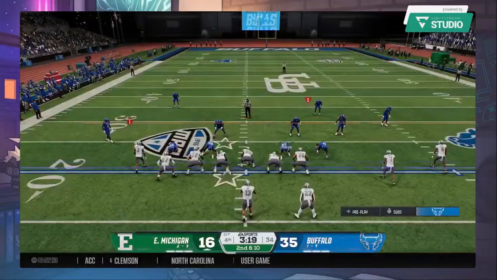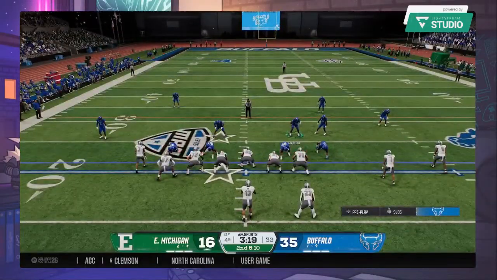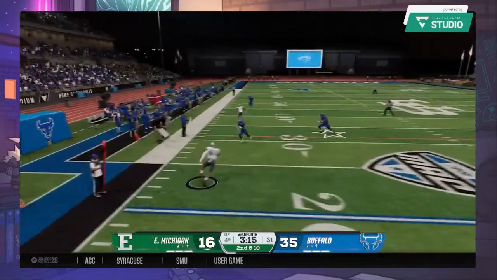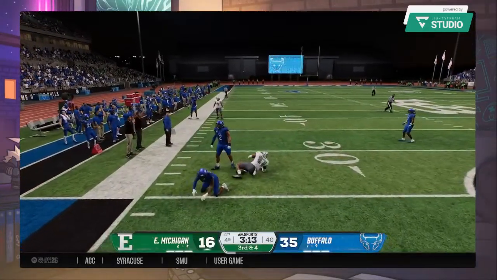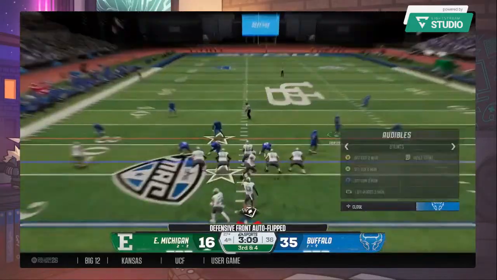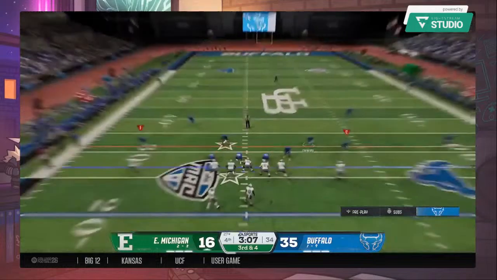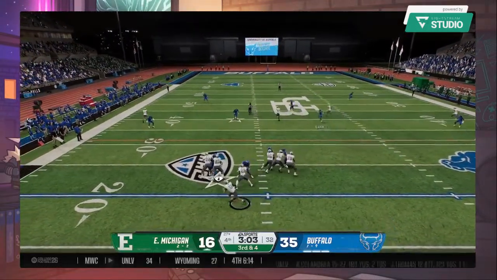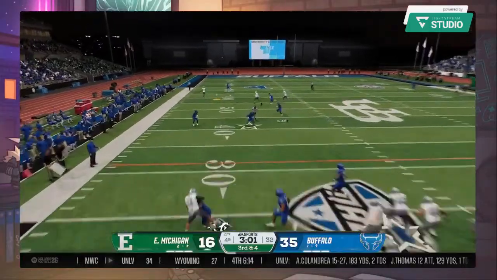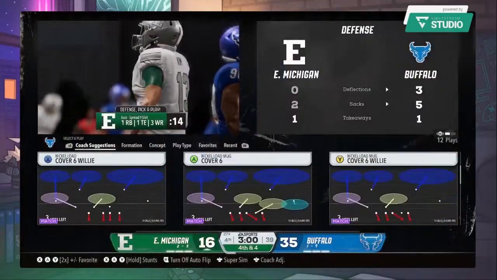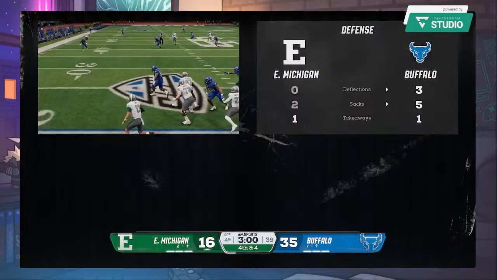One of the things I love about this kid is that he goes to work. He struggled his last game out, completed less than 50% of his throws. So back to the drawing board, back to fundamentals, and you can see that paying dividends in this game. I know he just threw an incompletion, but for the most part, this guy has been spot on. To the air, it's Kim. Here's a heat. Firing deep. Oh, he had it. The deep ball was there, and it just trickled through his fingers.